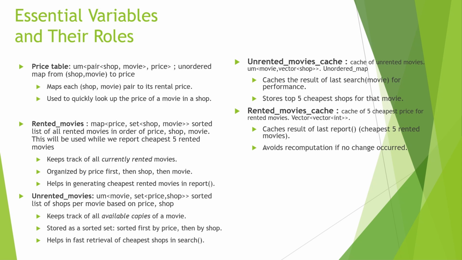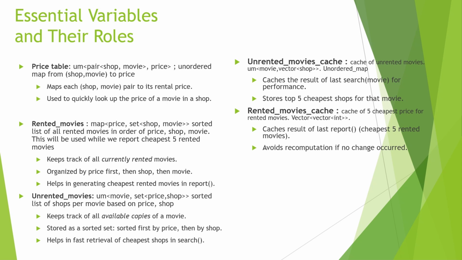So let's say movie 1 in shop 1 carries 10, movie 2 at shop 2 can carry 10. So the price 10 can belong to multiple movies at multiple shops. So we are basically carrying a map from price to a list of shop and movie. And why are we maintaining shop and movie in the form of a set? Because if there occurs a similar price, the same price for multiple movies at multiple shops,